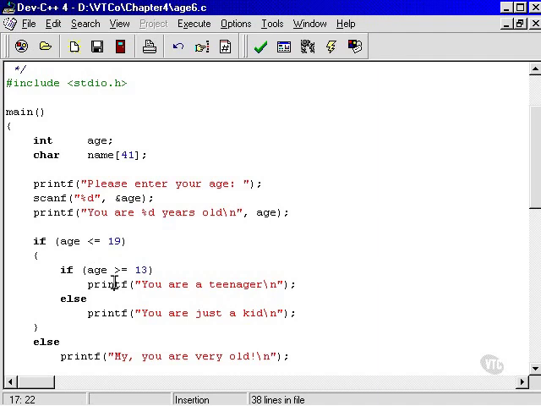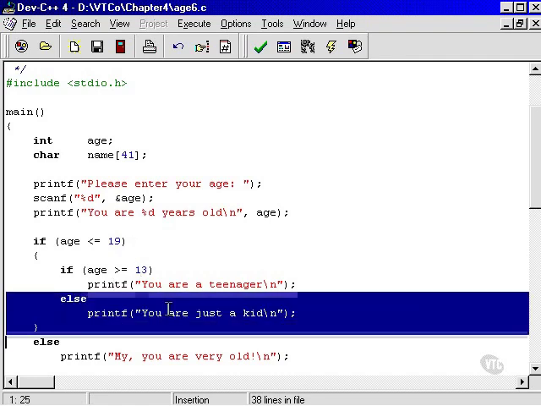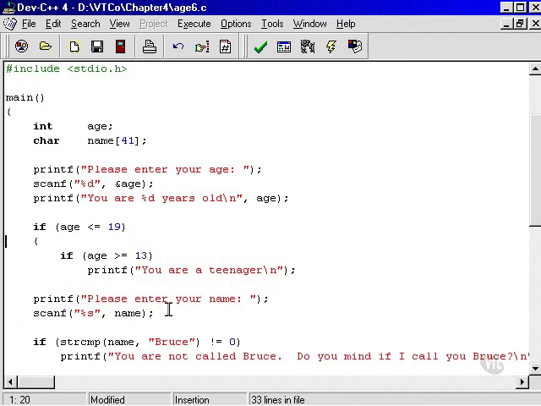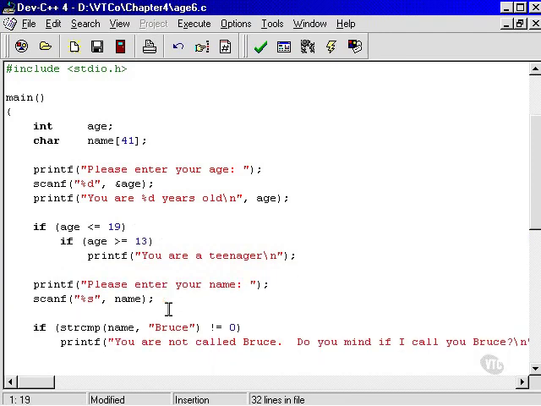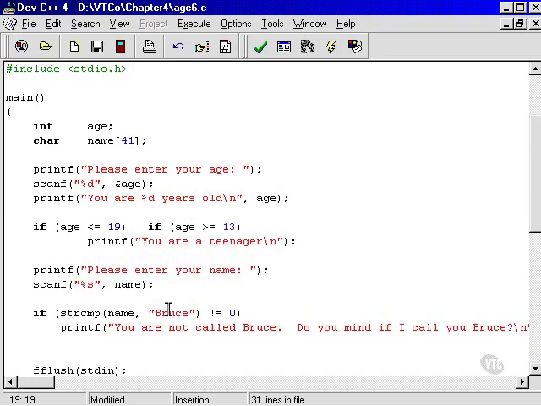Okay, so what if we rewrite that such that we just want to see whether they're a teenager or not? Let's have a look. Firstly, I'll get rid of all this other stuff because we don't need it, all these else clauses. Okay, there's a simplified version. If age is less than or equal to 19, if age is greater than 13, you're a teenager. Okay, let's try and do that as one if statement. This is how you might do it. Replace all of that with double ampersand, meaning and. So, if age is less than or equal to 19 and age is greater than or equal to 13,